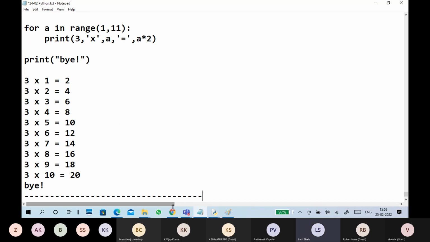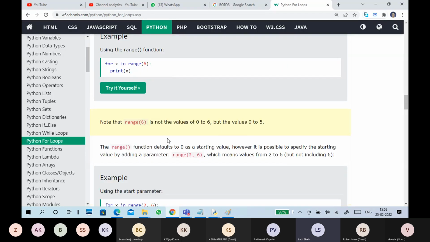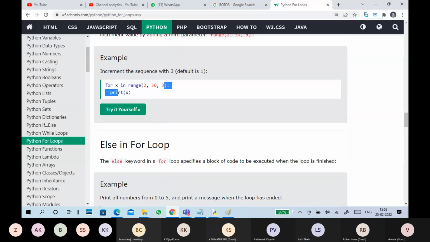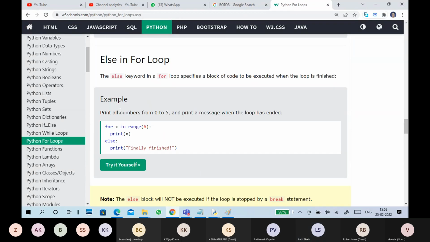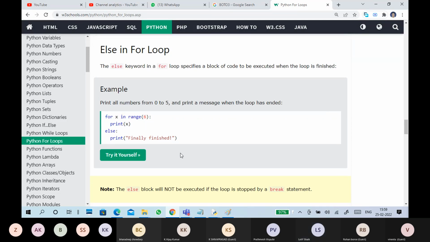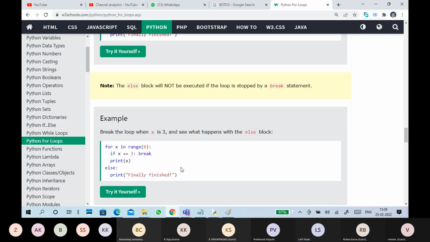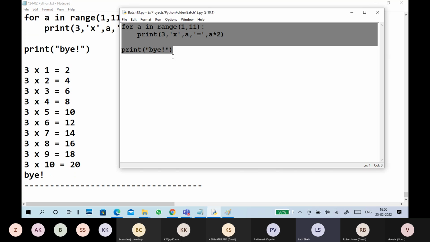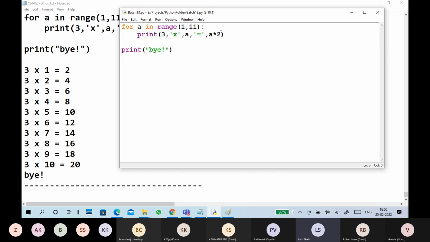Not only this, guys, so many things about a for loop are there. This is sequence, ranges, else. We can apply for else. For else is also there, so that is one more thing. We can put it like this.